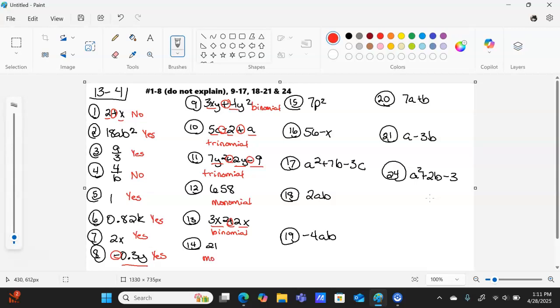14 is a monomial. 15 is also a monomial. 16, there's a subtraction sign and there's two terms, so that's a binomial. And then 17, there's 1, 2, 3 terms here. This is a trinomial. And then the last set, you were asked to evaluate that, and you are told that